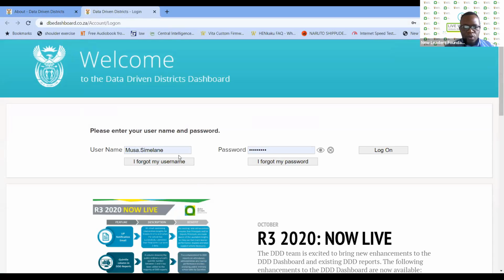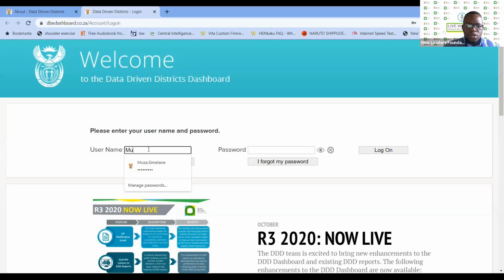Now, here's another thing. If you notice here, it's remembering my username and my password. I really recommend, colleagues, that we shy away from that. There's been quite a lot of uptake in data being breached by companies as big as Capitec. One of the ways that happens is that autocomplete. So we don't want to use autocomplete when we're logging into anything sensitive; we want to make sure that we remember that information. So, for example,